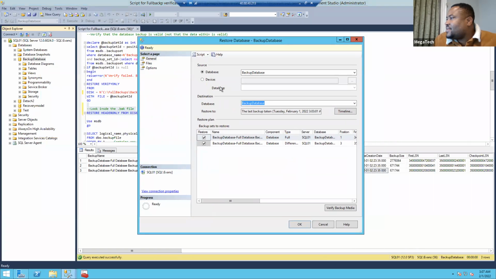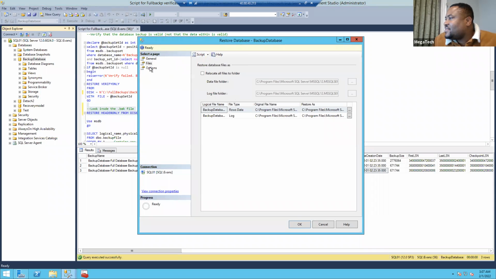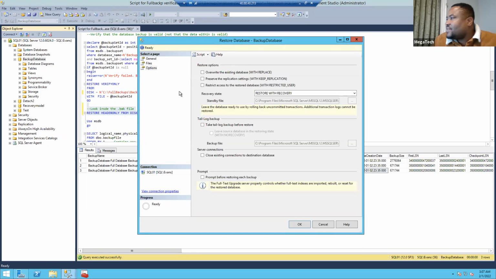All right, so now you come here, files, sorry, options, let me see something. Okay, I can relocate this folder. Did you guys see this thing that is saying take a tail log? Tail log? So now the reason why I did not restore, the habit is that if a disaster occurs,